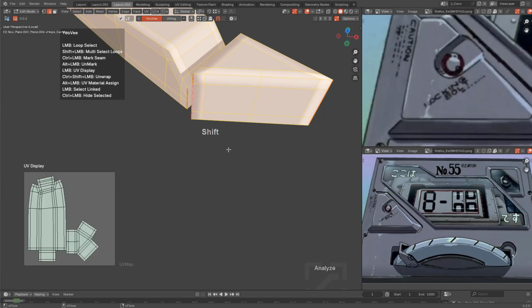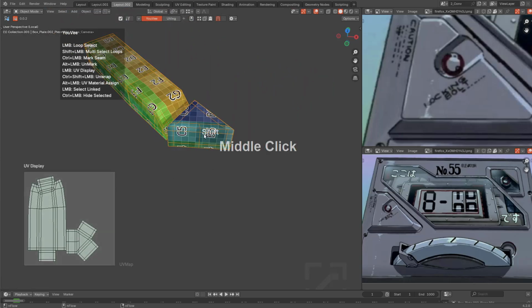Alright, so let us just unwrap UV display, and you know, not the most beautiful, but you know, for a part that just kind of came out of nowhere,